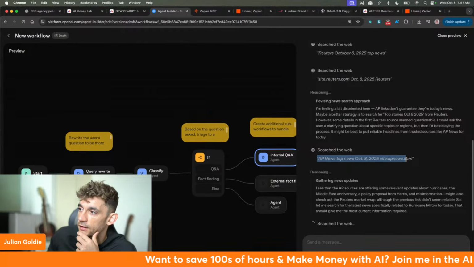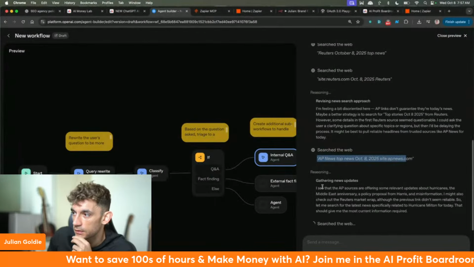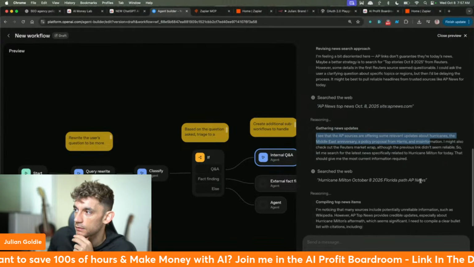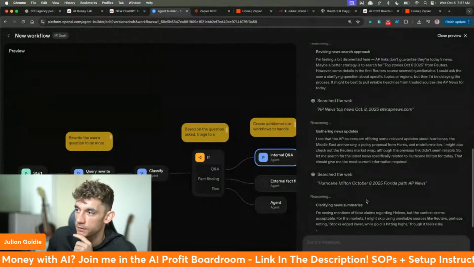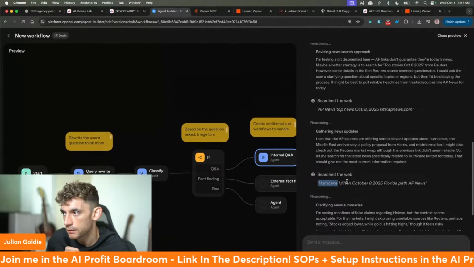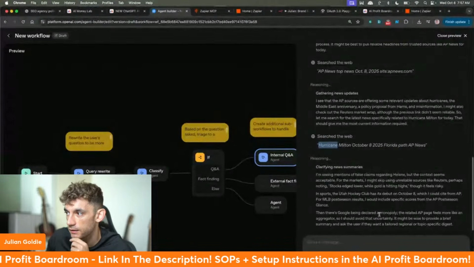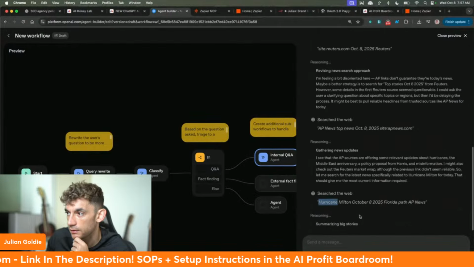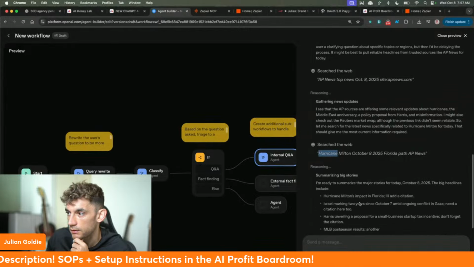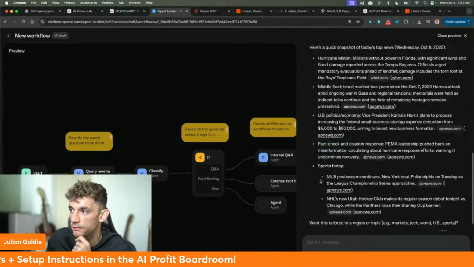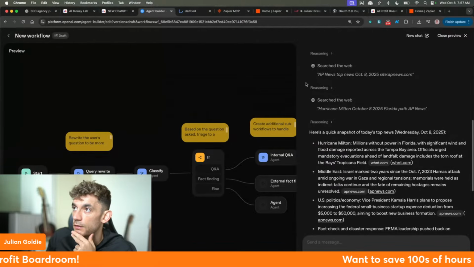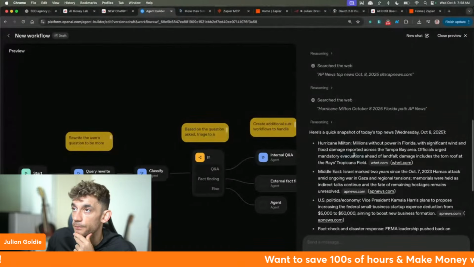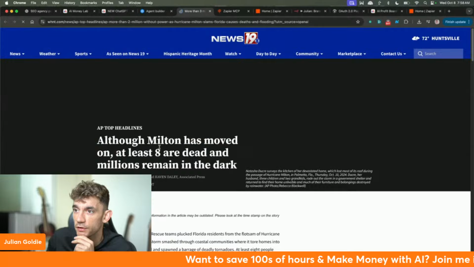And then you can see it's looking at AP news, gathering news updates, checking for misinformation, which is pretty good, classifying it, and reasoning through it. So it's quite in depth here, and then it has links to the latest news articles. So if we click on this one, for example,